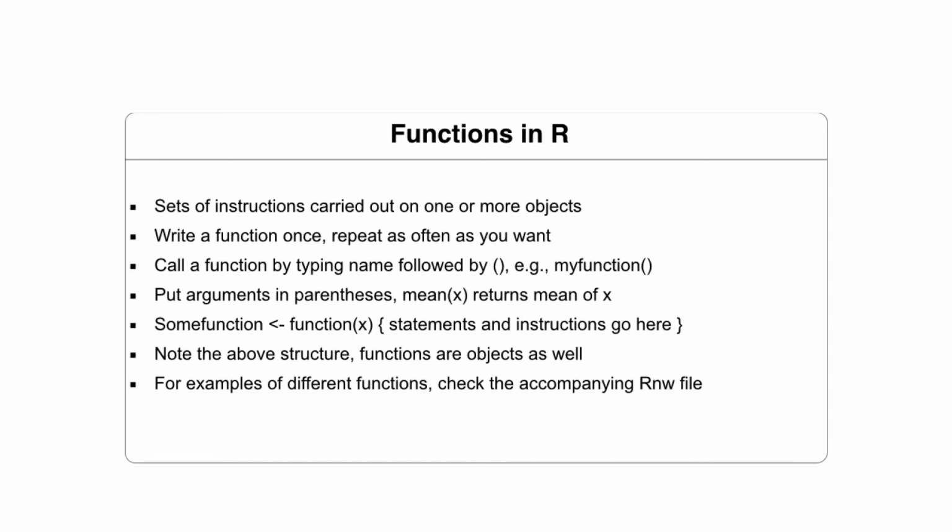And the way to write functions is this: you first define an object in which you're going to store the function, then write the word function, and then open a curly bracket, and then write all the instructions, and then close the curly bracket. It's just that. And next, when you call a function, what you do is remember the name of the function, or the name of the object in which the function was stored, and then you open and close